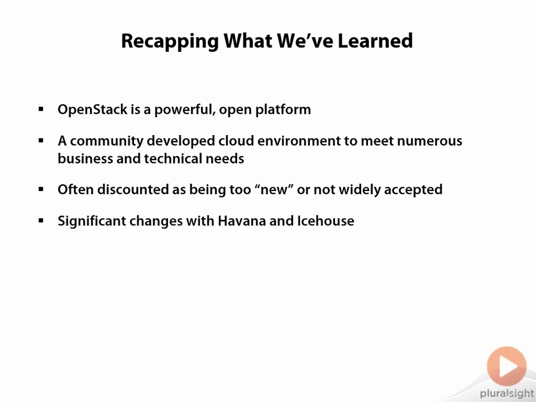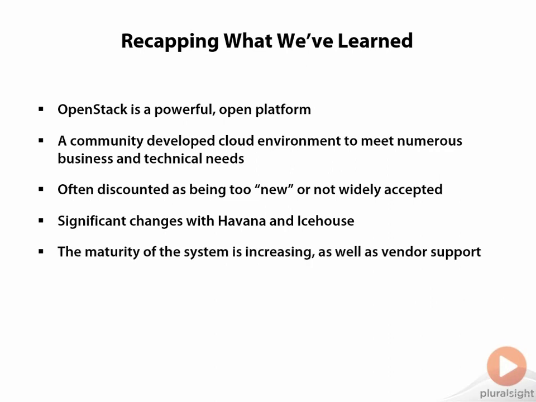We saw some significant changes with the Havana and Icehouse release, and we're going to see more and more as we head into the Juno release and the K release. The general maturity of the system is increasing across all of the projects, as well as the amount of vendor support that's being put into specific projects, not only just for drivers, but code commits back to all of the projects in order to make the whole ecosystem better. It's supported by the OpenStack Foundation, which has been a very key process in governance and keeping things aligned.